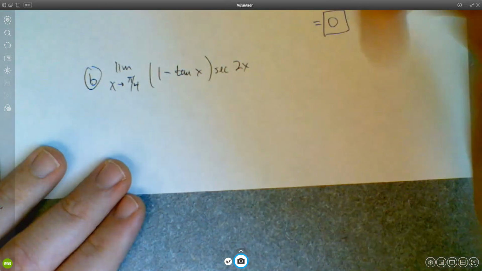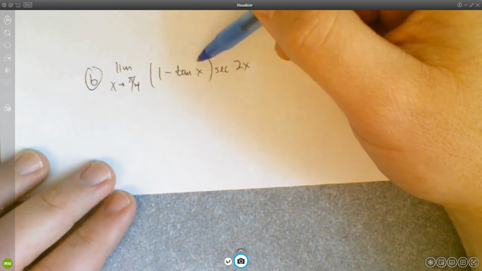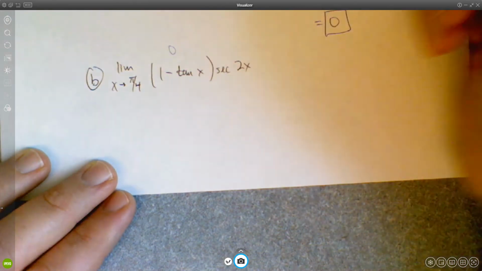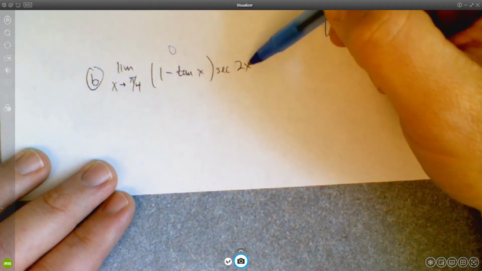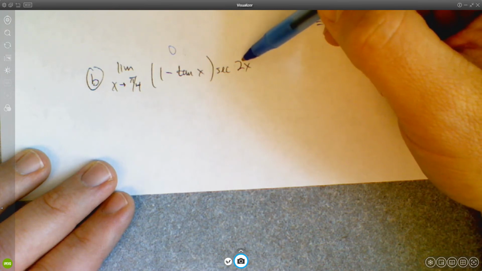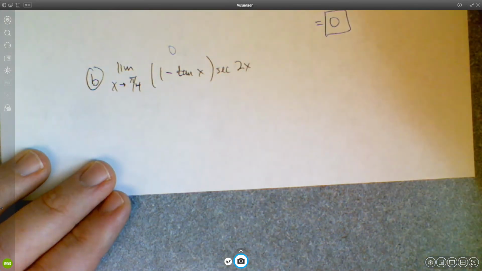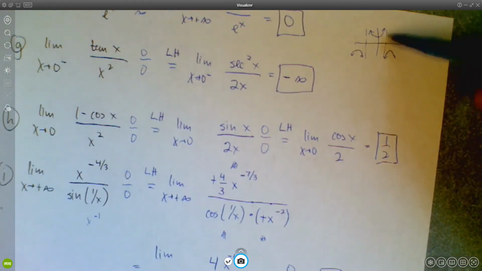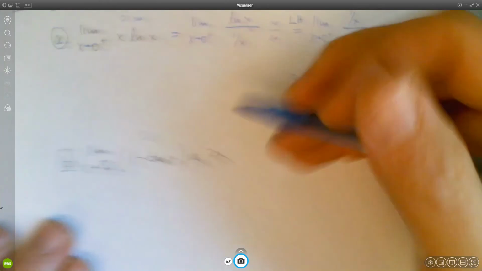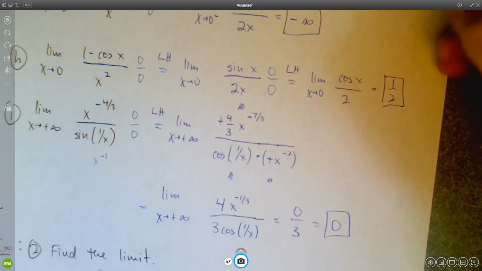So when I plug in pi over 4, tangent of pi over 4 is 1. 1 minus 1 is 0. So this is 0. 2 times pi over 4 is pi over 2, and secant of pi over 2, remember secant looks like this, and it has this vertical asymptote at pi over 2. So secant of pi over 2, as x approaches pi over 4, actually,